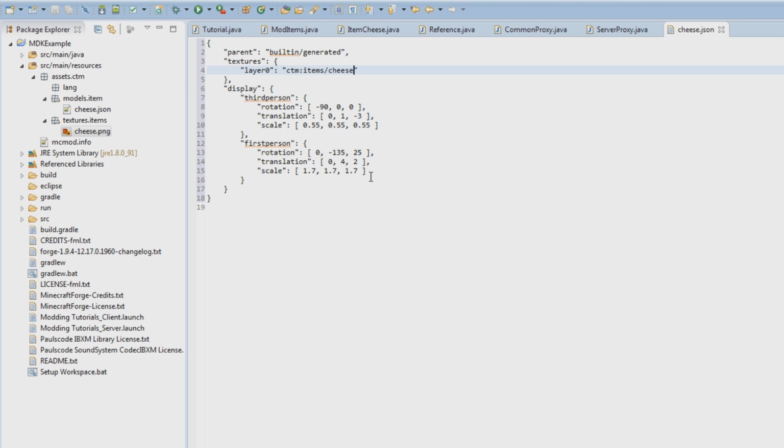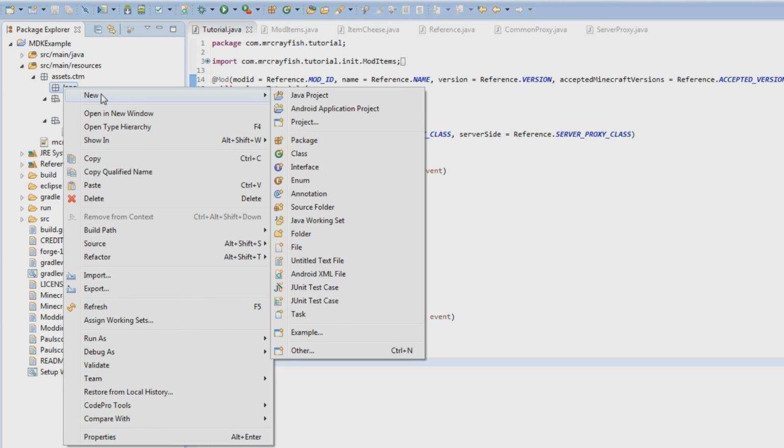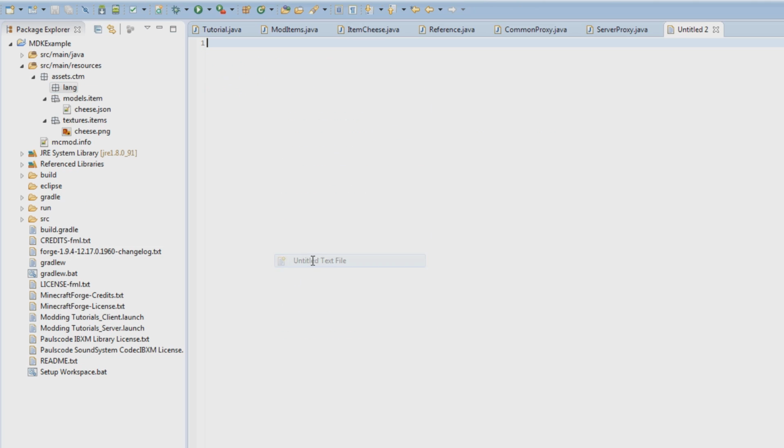And that is pretty much it. We'll go ahead, press save here. Then we've got one last thing we need to do, and that is add a name to the item so it doesn't come up with a weird name in game. So we're going to right click on lang here, go new, untitled text file. Then what we're going to do is type in